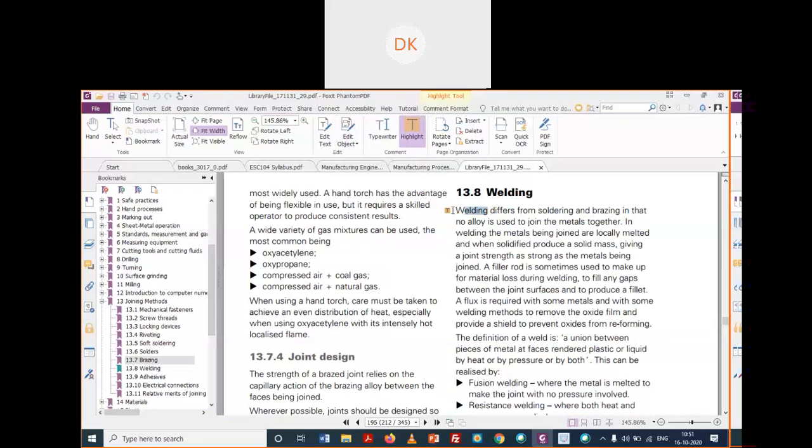One is welding, and it differs from soldering and brazing in that in welding processes normally no alloy is used to join the metals together. Here, no external materials have been put. While soldering, the solder materials have been used. While brazing, the brazing materials have been used. Externally, we have put some materials to join the base metal. So if you can see,